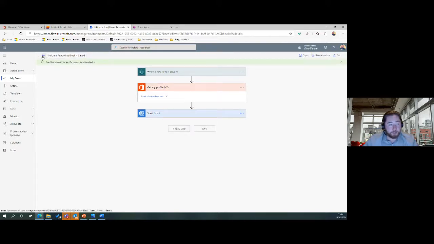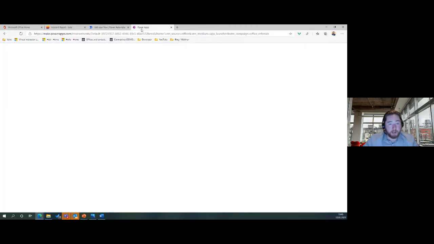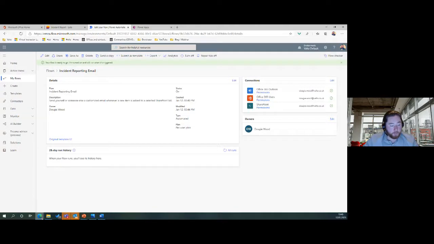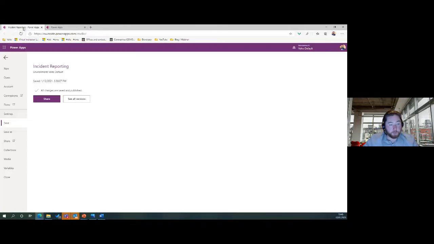And then when I click on this back button, you'll see at the bottom here, this is the run history. So this is where I can check that my workflows have actually been running. So let's put this to the test now. If I go back now into my PowerApp, wherever that was, back into my PowerApp,